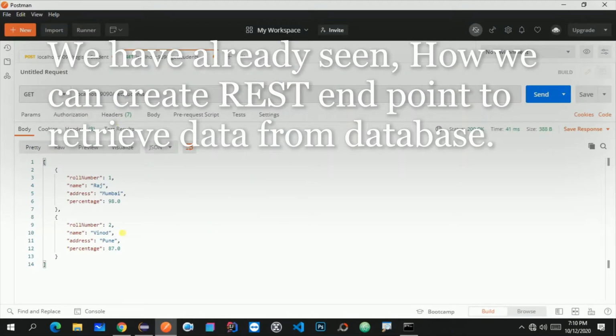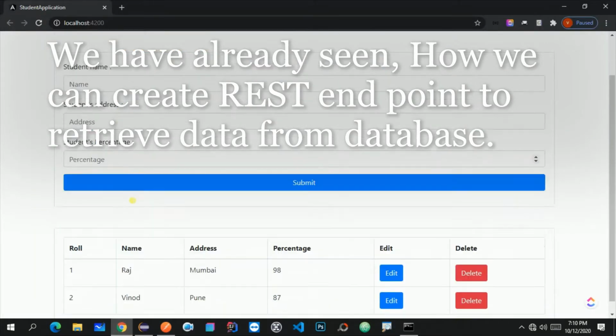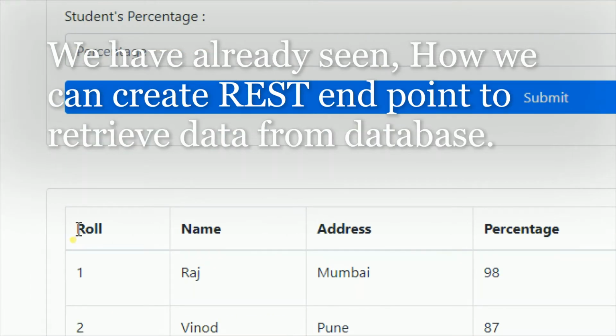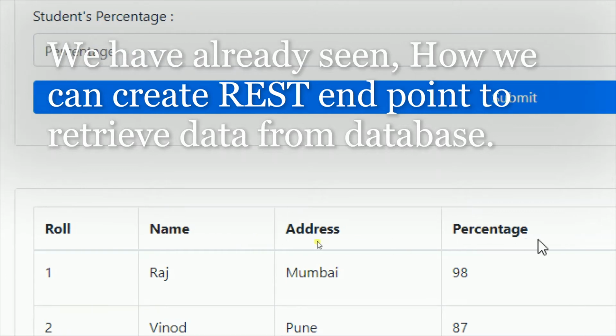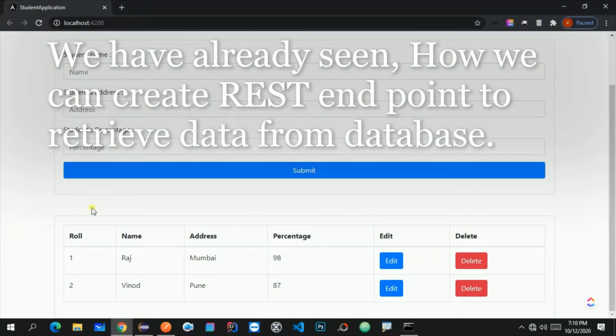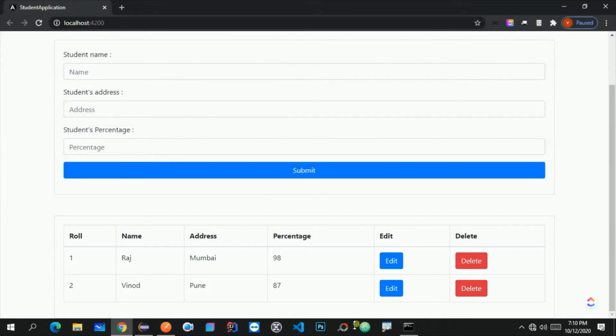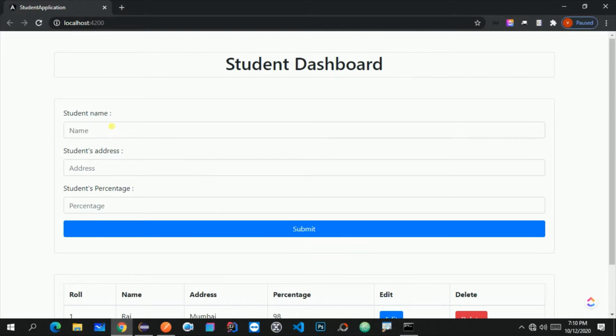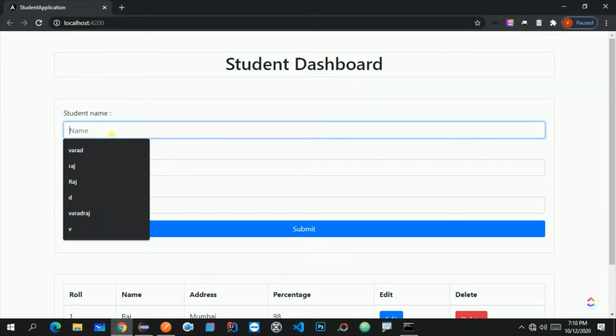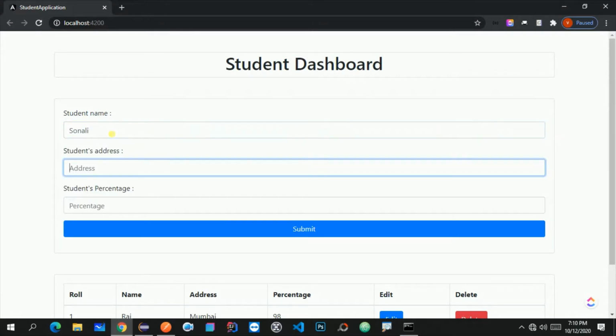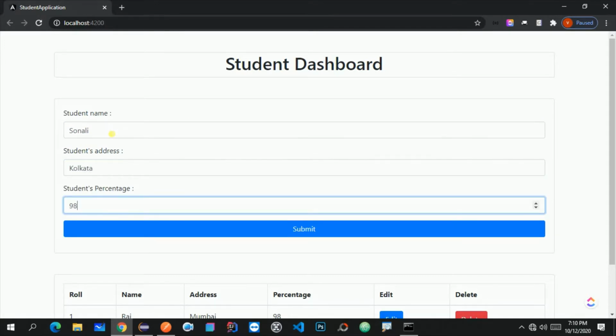So in this video we are going to focus on this particular table. In this table we are retrieving all the student data and showing it in the table. Over here we have another functionality. Let me add one new student, with the address, let's say, Kolkata, and percentage 98%.